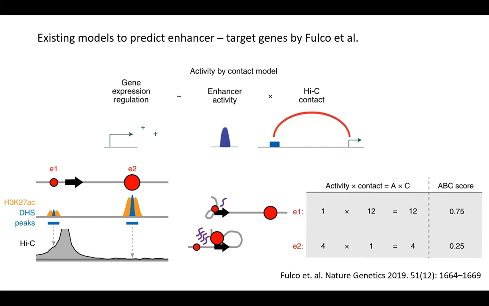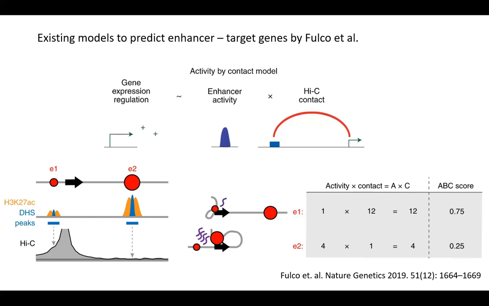So you have two different examples here. You have the black arrow, that is the gene, and then two different enhancers. The E1 has a relatively low H3K27 AC peak and is not as accessible, measured by DHS. Enhancer 2 is a stronger enhancer because it has a higher peak for the enhancer chromatin mark, and it is more accessible. But if you look at the relative contact with the enhancer and the gene's promoter, you see